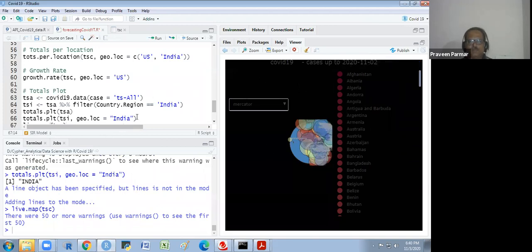So tomorrow we will start with ggplot2. In ggplot2 we have two functions. One is the function qplot. That is also a ggplot function. Q means quick plot. If you want to create a quick plot, then we use that qplot function.